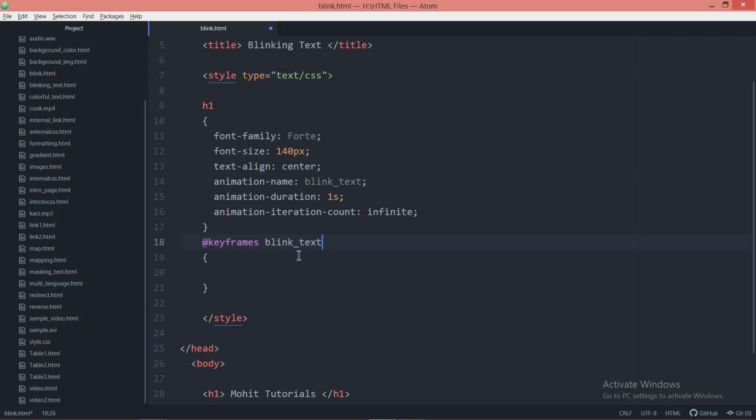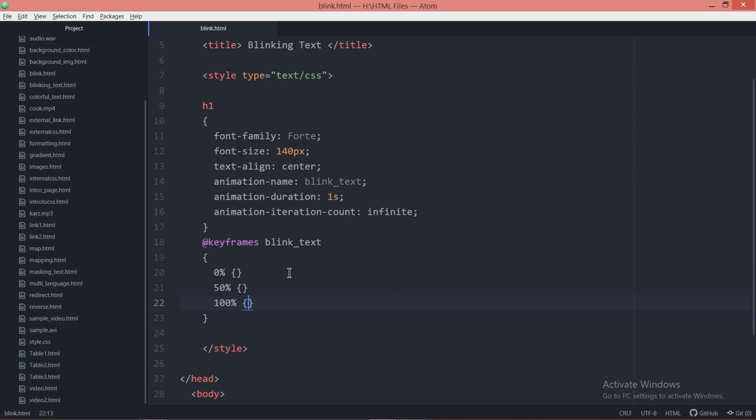It means I am going to make the concept of animation now. This is the default set of properties. Remember one thing, your animation sequence will play in an order. Order means it will range from 0 to 100%. Those are the levels, or the sequence, of the animation. I say from the 0% level, then the 50% level, each with curly braces, and then 100%. These are the three stages of the animation.